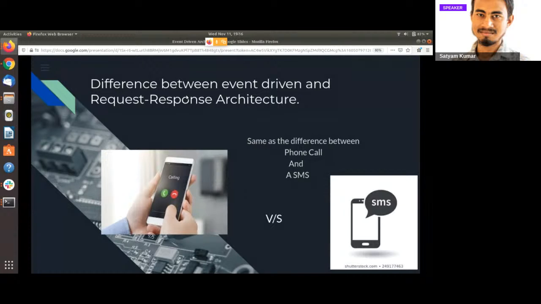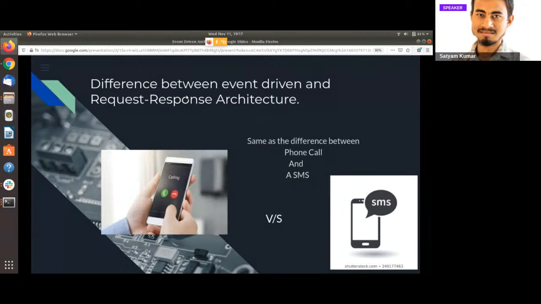But when you are sending someone a text message or SMS, you are publishing your event, so you are done, you have sent your message, that's it. Now it is the task of the other person to respond, and they need not respond back to you. You might have been asking them to do some particular task. So it is like you have published the event. Now they are a subscriber. They will respond to the event accordingly, whatever they need to do.